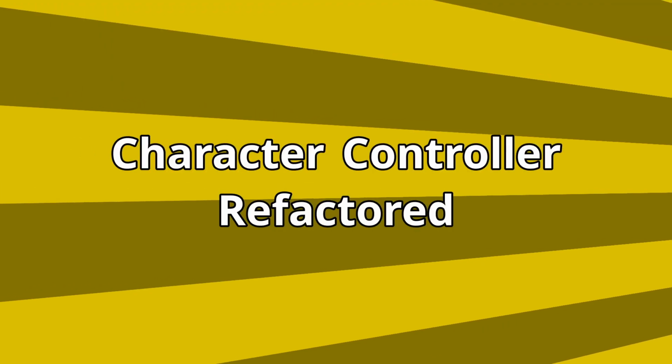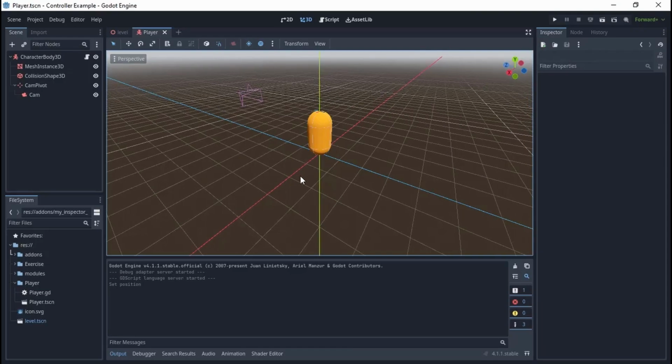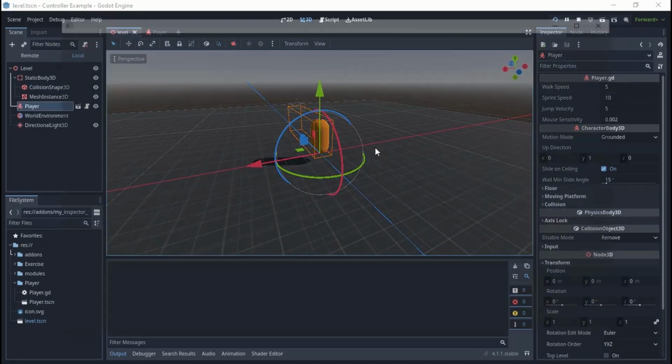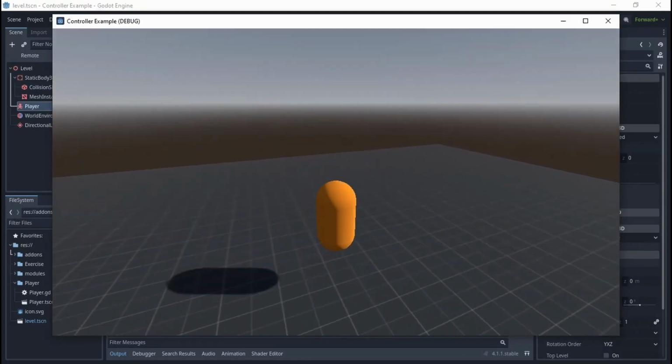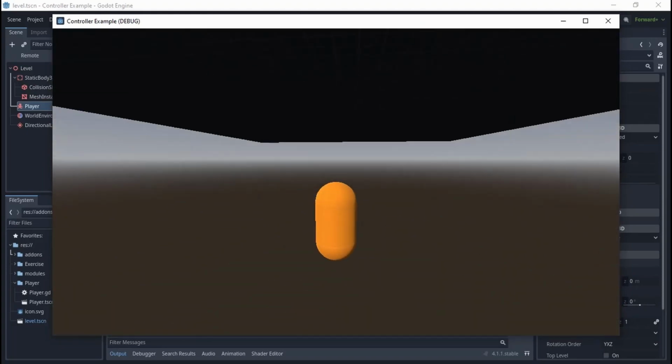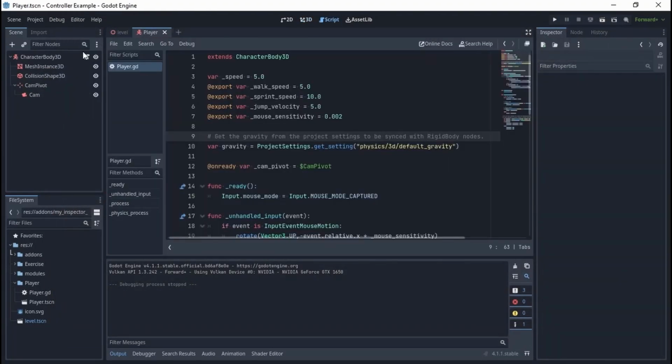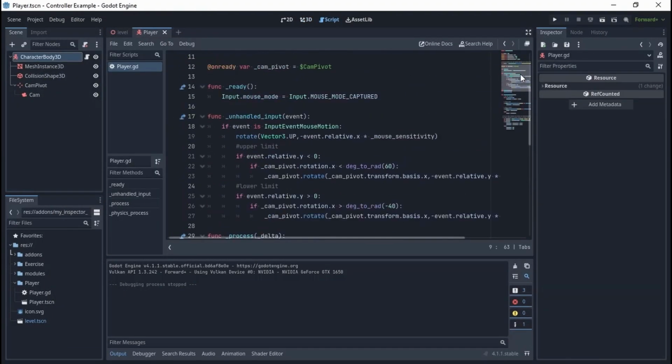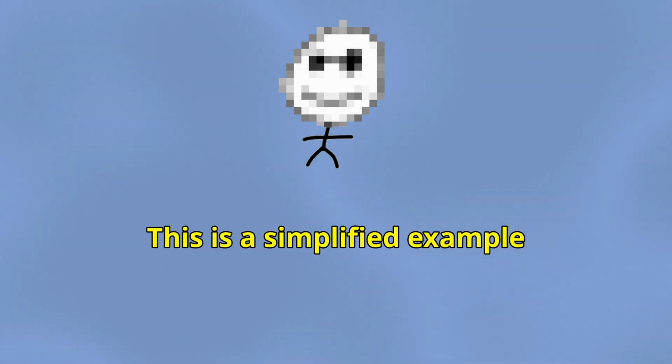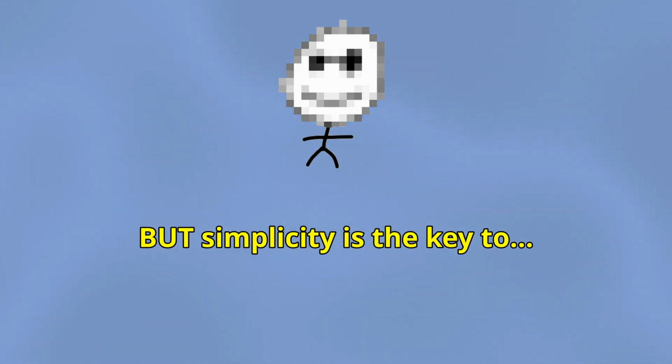Let's put this into practice by refactoring a simple character controller. Here I have some level and a player scene. Based on the character body 3D basic movement script, I've made a very simple controller. For now, all the logic is inside the root node. Let's separate things into reusable modules. You may actually not need to do this on such a simple object, but I prefer to use simplified examples